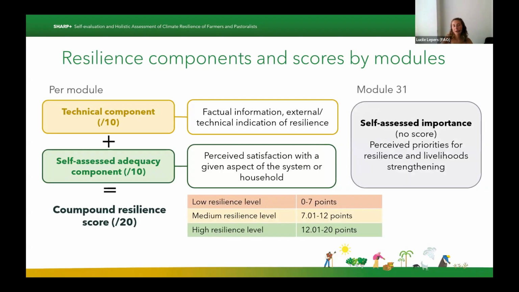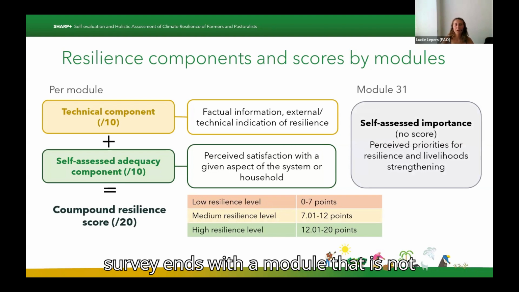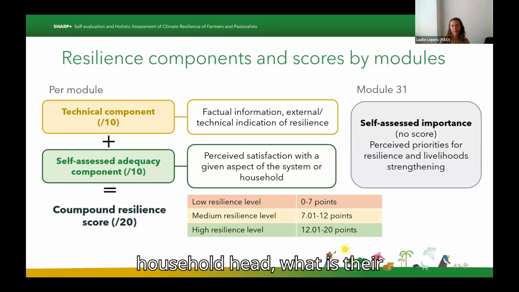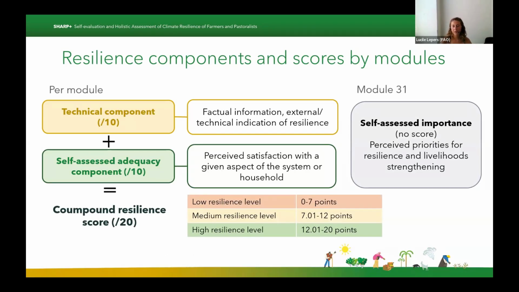And finally, the survey ends with a module that is not scored, but that focuses on the self-assessed importance. This module asks the household head what their priority is for improving their resilience, and it gives also an idea of the priorities of the